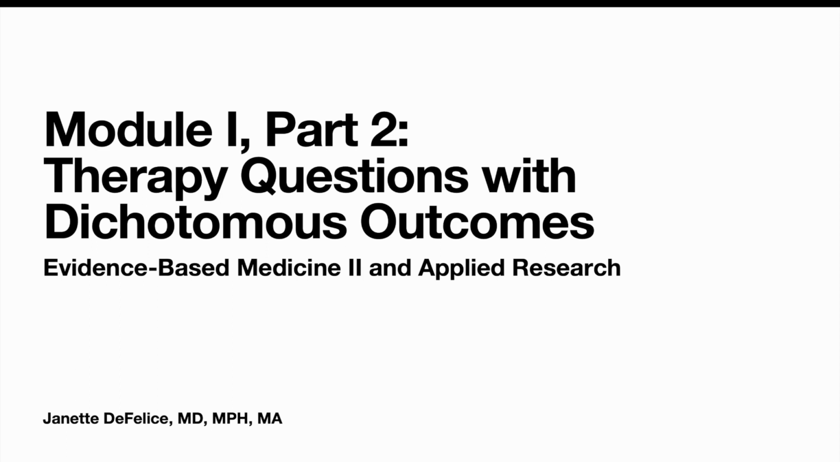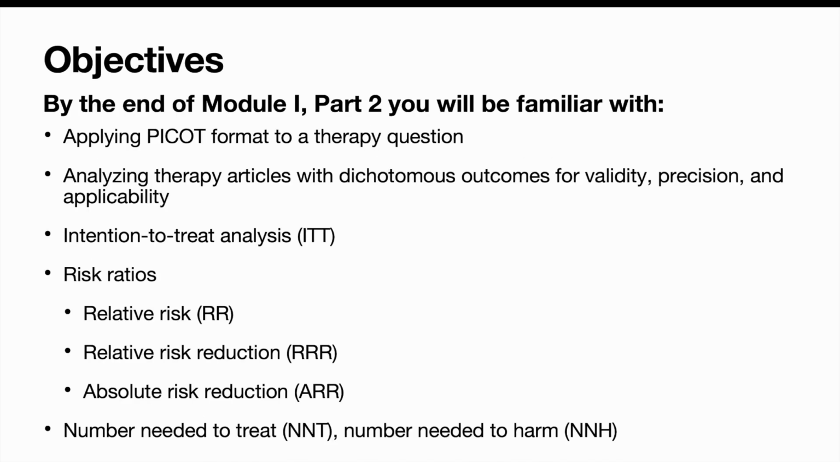So you will remember last time we talked about therapy questions with continuous outcomes. And the continuous outcomes were the outcomes that could keep continuing on a number scale, like blood pressure in millimeters of mercury, age, stuff like that. This time we're doing dichotomous outcomes. Dichotomous outcomes are yes or no, alive or dead, pregnant or not pregnant, just a choice of one thing or